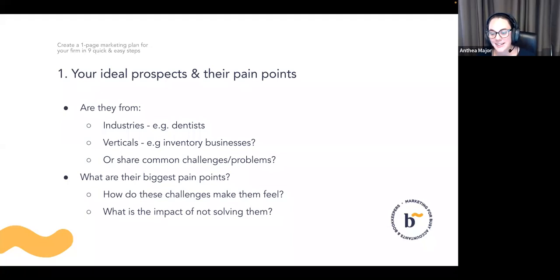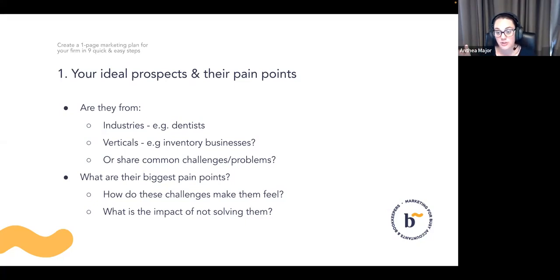That can be another column here because it helps you start to narrow down who your ideal client is and isn't. And then the very next step, all in this step one, is to work out the pain points of those ideal clients. So I want you to try and think like a business owner here. Think like them, think about their feelings. It might sound weird, but it's just about putting yourself in their shoes.